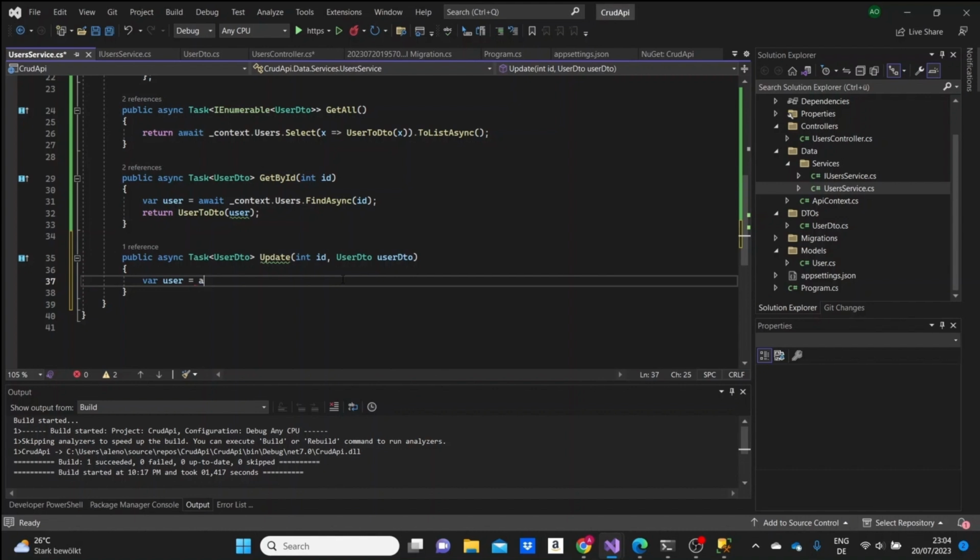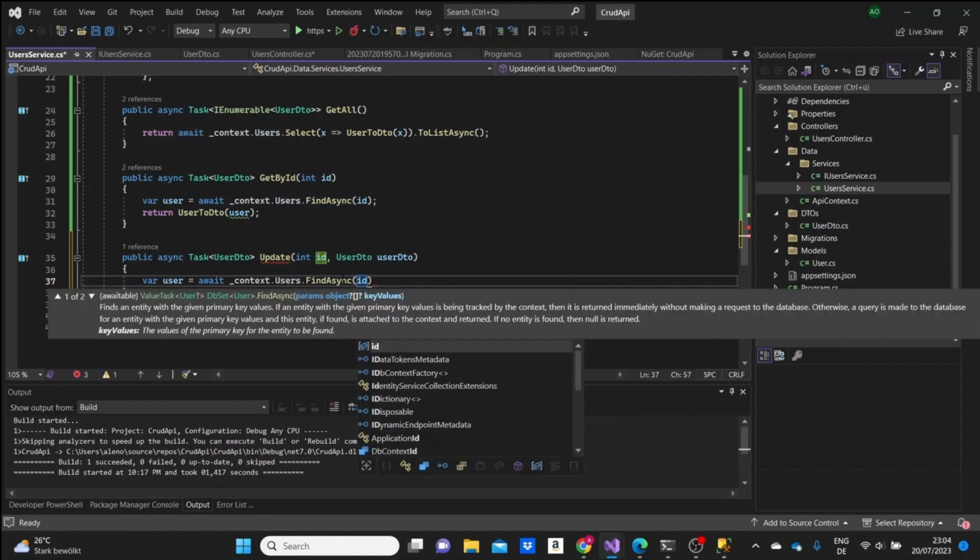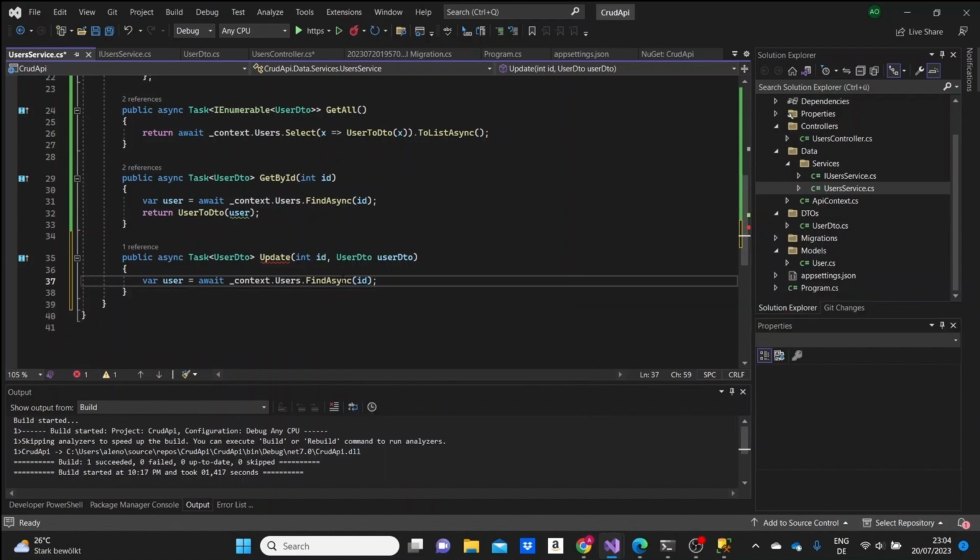Okay, so in this user variable, we will store the specific user that we are talking about. So users that find async ID, and we'll make an if clause here. So if the user is not null,